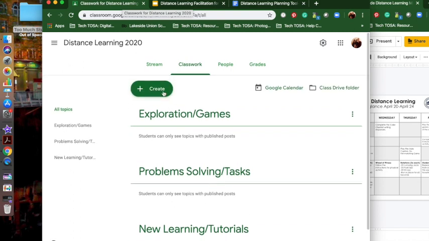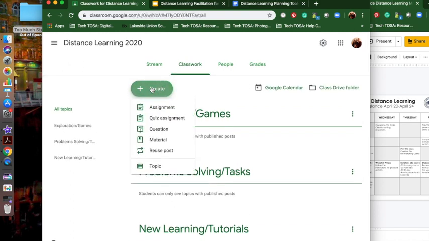What I'm going to do is click on the create, and you have some options when you're doing a link to an article where the students aren't required to turn anything in. You could do a material or you can do an assignment. The reason I choose assignment is because I can schedule the assignment ahead of time and have it show up on a certain day, whereas in the material you don't have that option. It just gets posted as soon as you create it. So for today I'm going to go into the assignment,